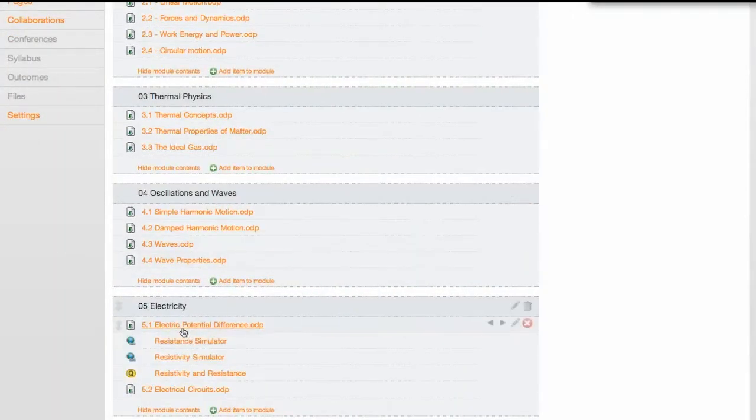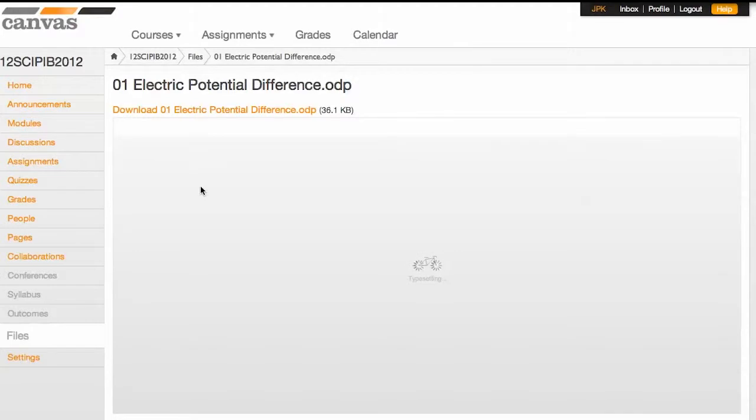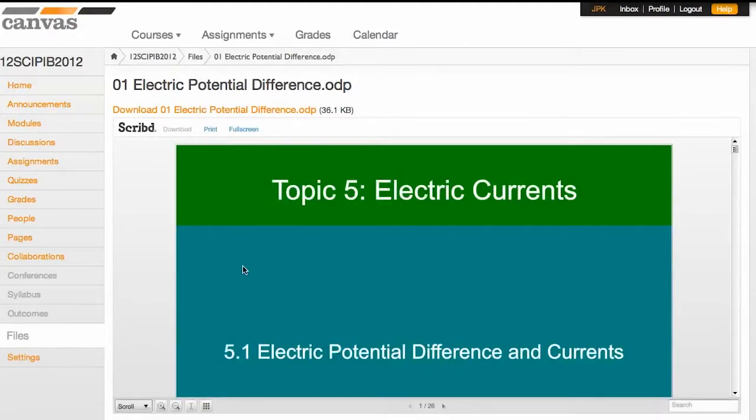and looking at this module on electricity, module number 5, you can see that there are particular presentations, and then there are external links, and there are quizzes. And if we click on one of the presentations, that presentation then opens in Canvas's own inbuilt script module, which